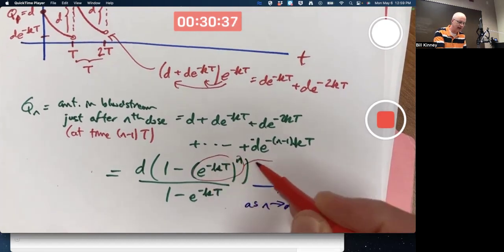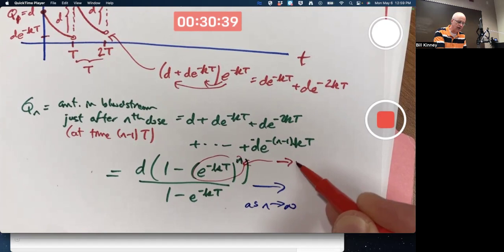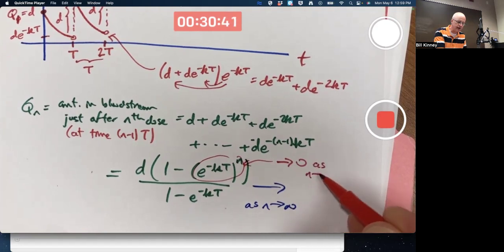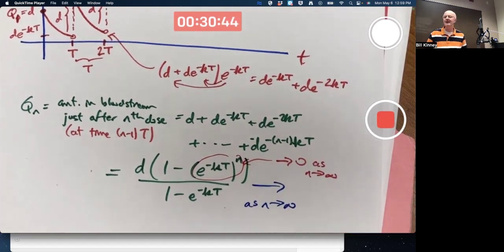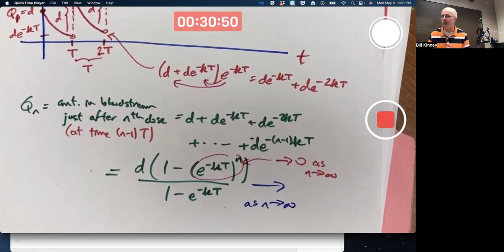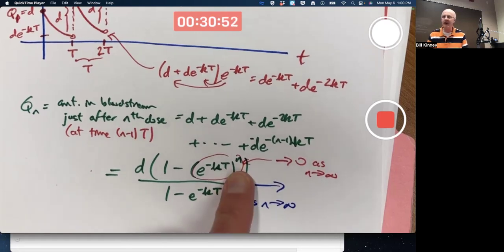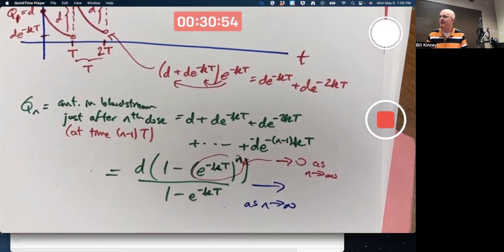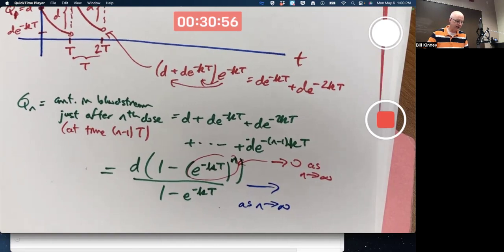This thing goes to 0 as N goes to infinity. Why? Because e to the negative kt, e to a negative power, is less than 1, and also not negative. It's between 0 and 1. I keep raising it to higher and higher powers, so it's going to go to 0. The whole thing approaches